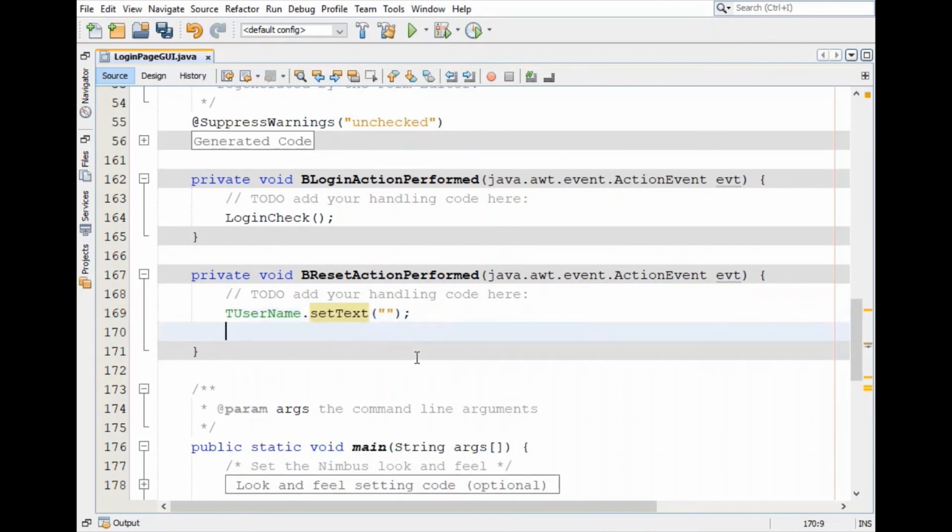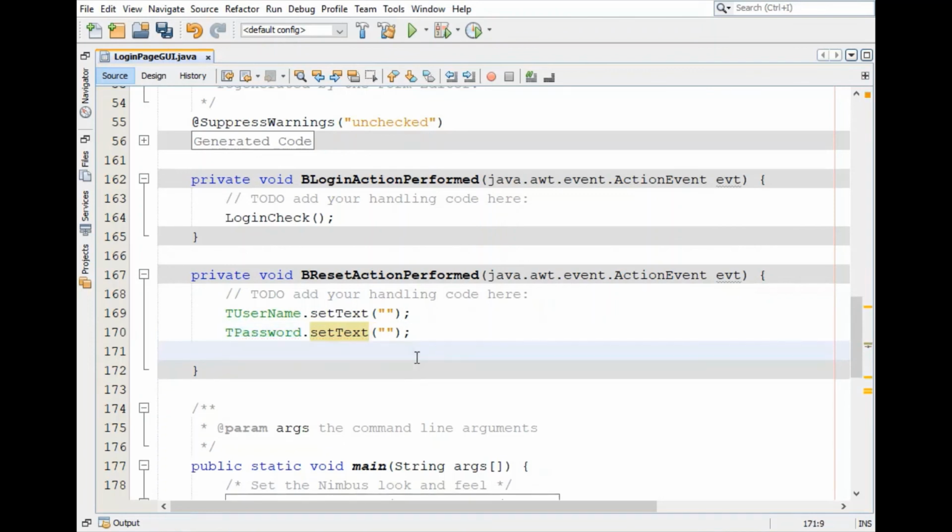Same way textbox password dot setText to again blank, and last labelResult dot setText, and this is also blank. So we are just resetting with the blank values.